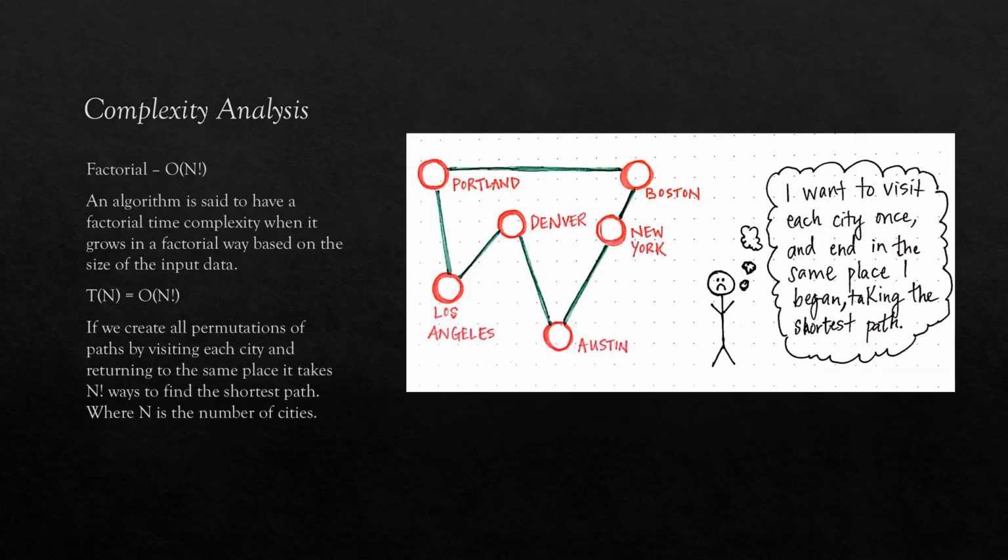Factorial time complexity, or O of n factorial. An algorithm is said to have a factorial time complexity when it grows in a factorial way based on the size of the input. In this case,